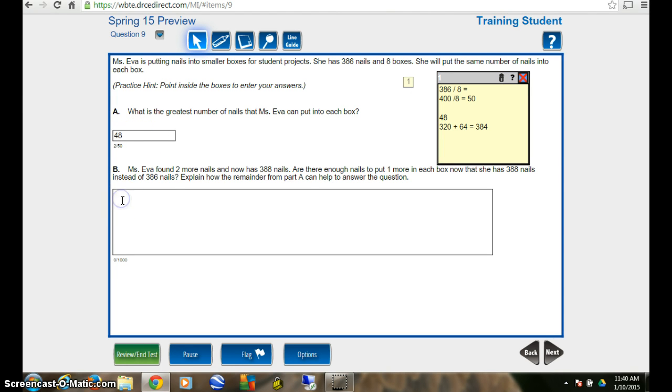And then we still haven't submitted our answer because they want us to do some more work. Miss Eva found 2 more nails and now has 388 nails. Are there enough nails to put 1 more in each box? Now that she has 388 nails instead of 386, explain how the remainder from part A can help the answer. Oh boy, so they want us to explain our reasoning behind this. And the answer is yes, there would be enough because